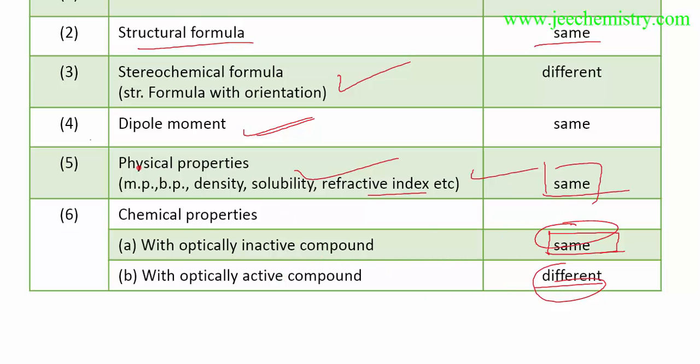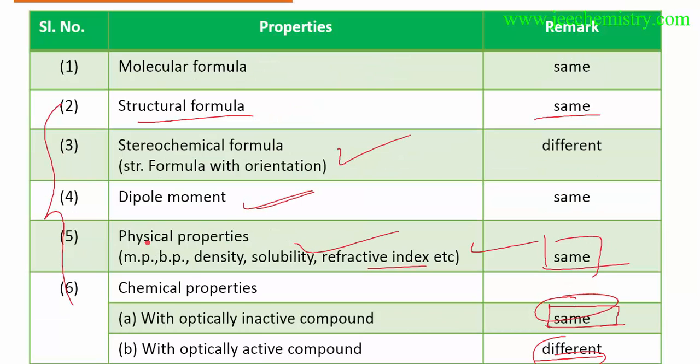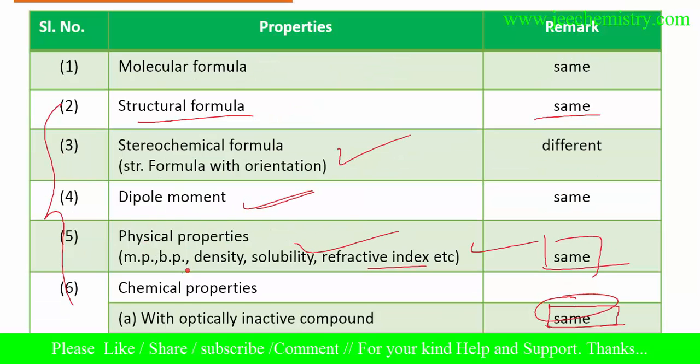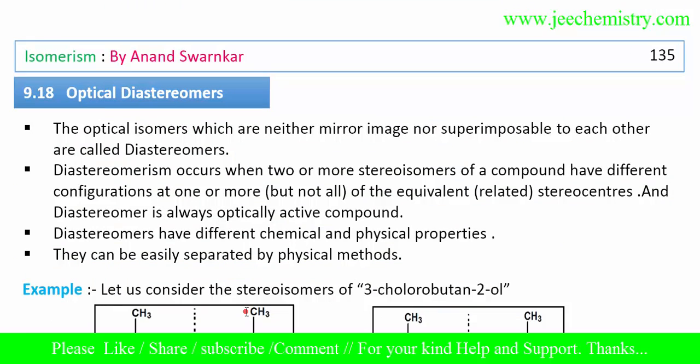This property needs to be remembered, because in some examinations, in reasoning and essay type questions, they will cross-check your knowledge by manipulating it. They will give some information, leave out some information in the questions, and ask questions in reasoning passage type questions. So these properties need to be remembered. This is very important, and in written examinations also this property can be mentioned in the theory. Now we will learn about optical diastereomers.